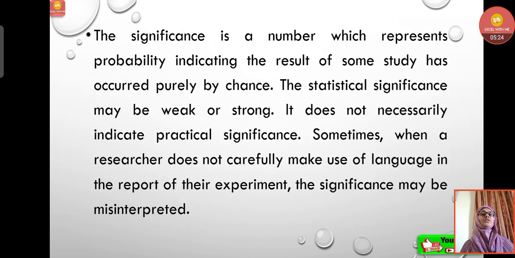by fluke. Now, significance is a number which represents the probability indicating that the result of some study has occurred purely by chance. The statistical significance may be weak or strong. It does not necessarily indicate practical significance. Sometimes when a researcher does not carefully make use of language in the report of their experiment, the significance may